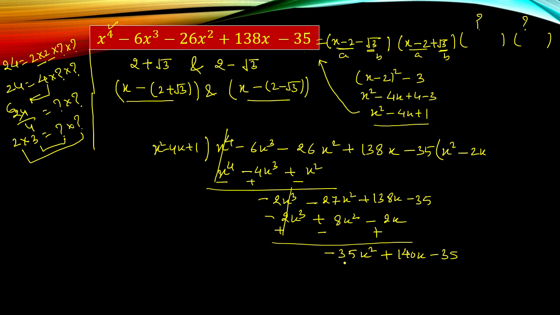So our task is minus 35x square and we have x square. So we will multiply this by minus 35. So minus 35 into x square, that is minus 35x square. Minus 35 into minus 4x, it should be plus 140x. And minus 35 with plus 1, it should be minus 35 automatically. So change the sign, plus minus plus, we are getting all are cancelled and ultimately remainder is 0. So remainder must be 0 because we are dividing the polynomial with the product of the factors. So automatically remainder must be 0.